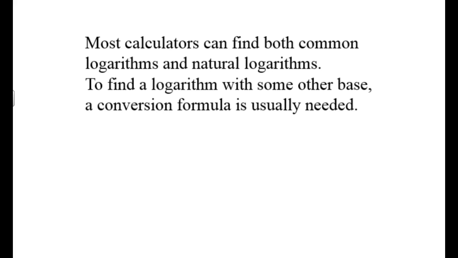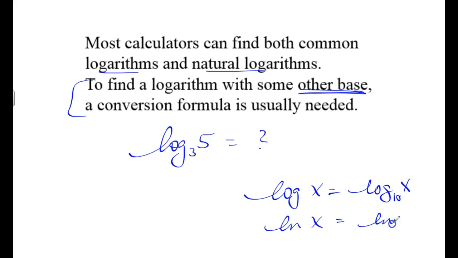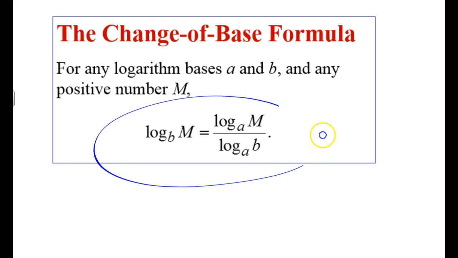So now that we know how to find logarithmic and natural logarithmic functions, what about things that have other bases, such as the log of 7 base 3? How do you type that into the calculator? Because we can only do base 10 if we choose the log key. Remember, that's base 10. Your calculator only does base 10. And it also does base e if you type in a natural log. So we don't know how to handle base 3 yet until we come along with this change of base formula,